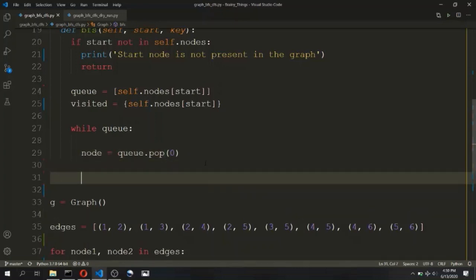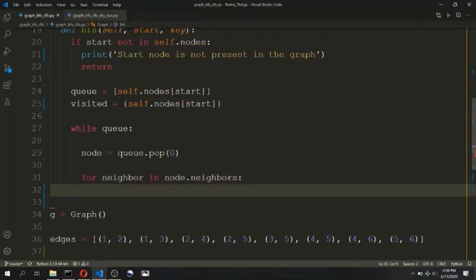So for that, we will iterate for all neighbors of the current popped node: for neighbor in node.neighbors. For each neighbor we will check if this neighbor node is not present in the visited set: if neighbor not in visited.